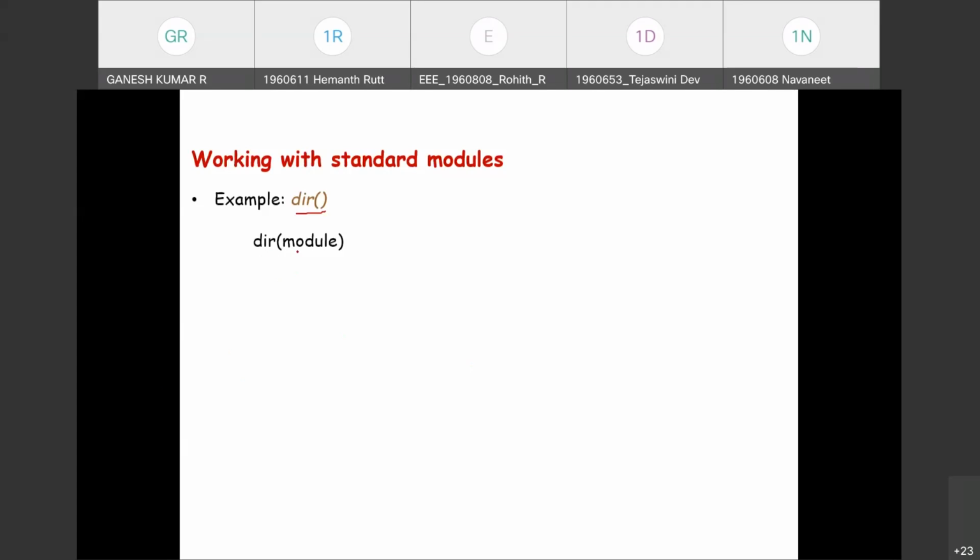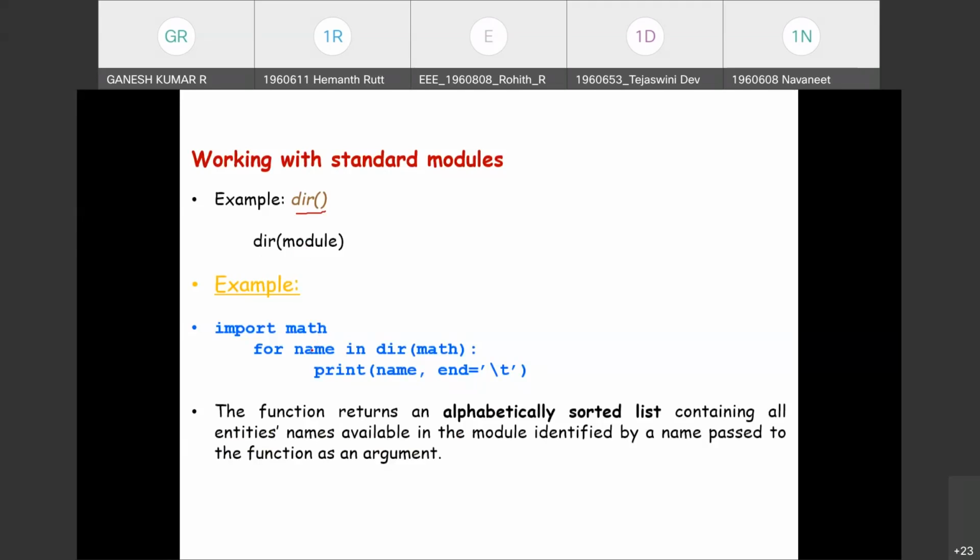For example, dir(module). This function dir returns an alphabetically sorted list containing all entity names available in the module, identified by a name. For example: import math, for name in dir(math). A module used in a statement should be imported at the beginning.